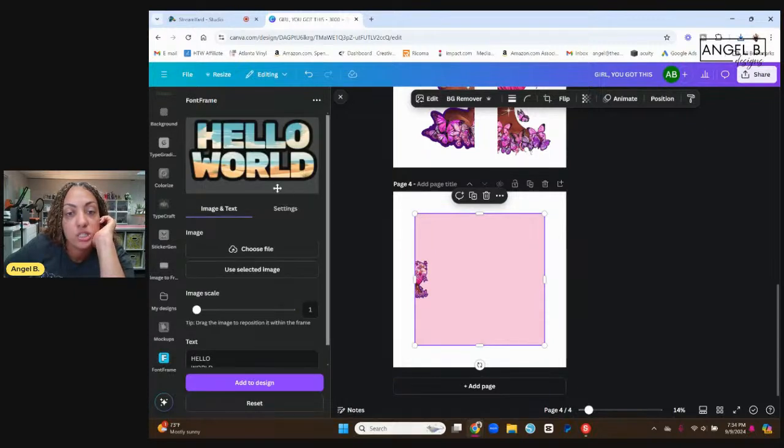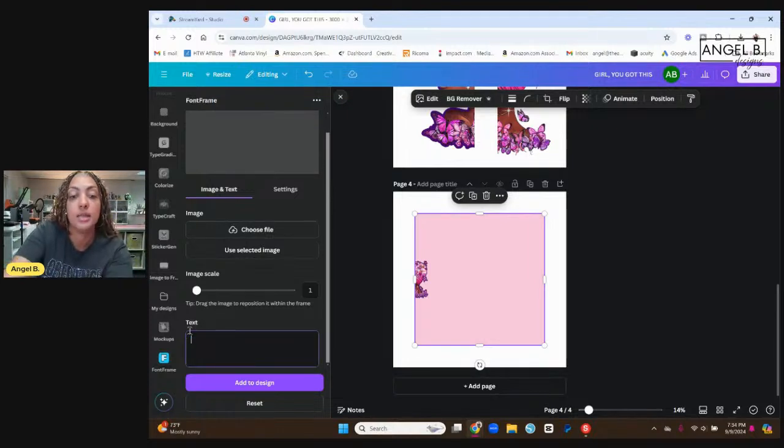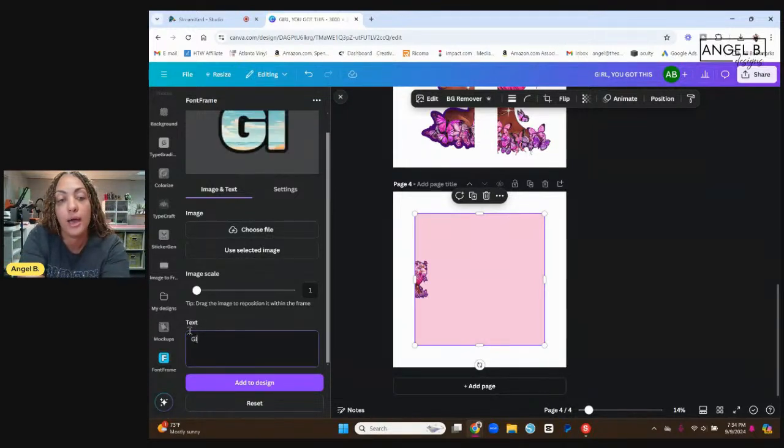This is what it's going to look like when you open it up. It's going to say hello world with the little background that's already there. All of this is customizable. So I'm going to scroll down to where it says text, and we're going to go ahead and delete that. And I'm going to type in all caps girl,